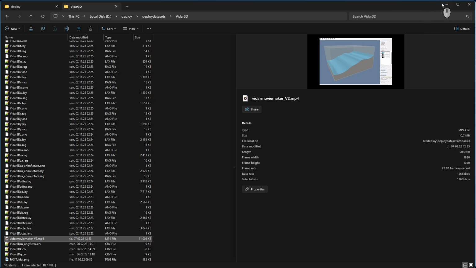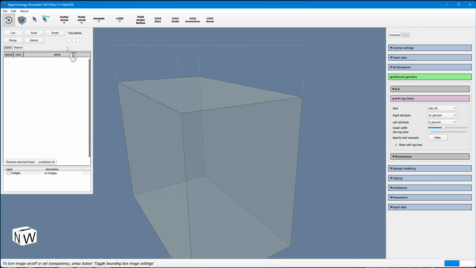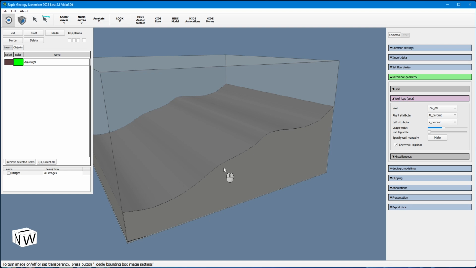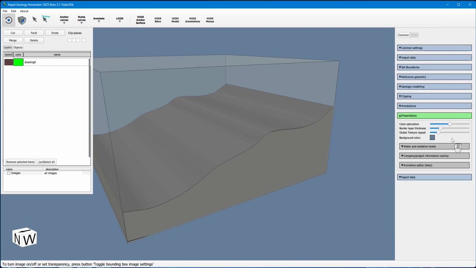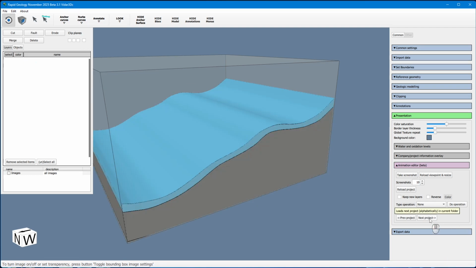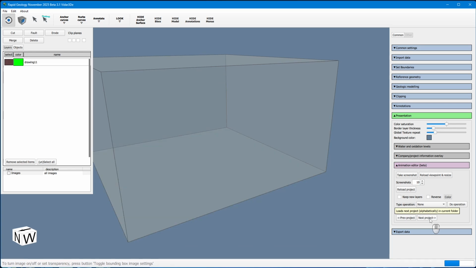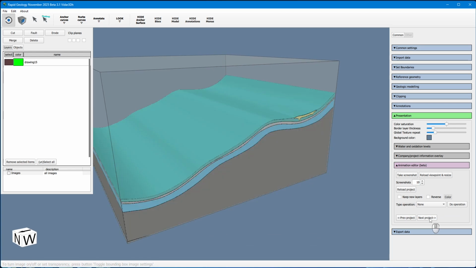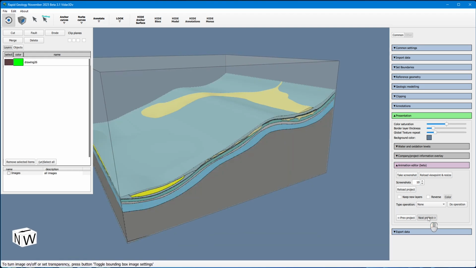Let's go to the software. We open the first project, which is this first part of the animation. And if you go into the presentation and animation tab, then when you press next project, here you see project Videre 3D. Then it takes the next one alphabetically. And that's how the animations were built up. For each project, I pressed do operation, and it created a series of PNG images, which was part of the animation. And if we move to the project which has the fault sliding in it,